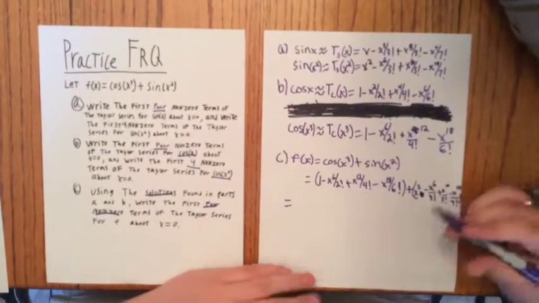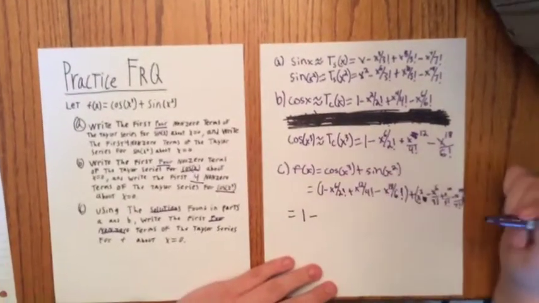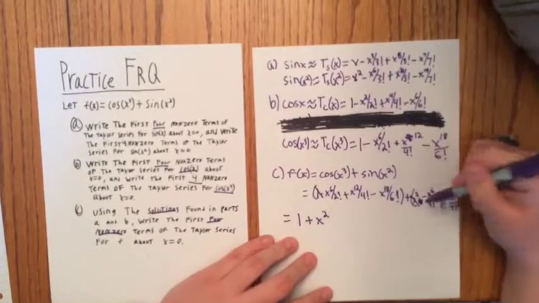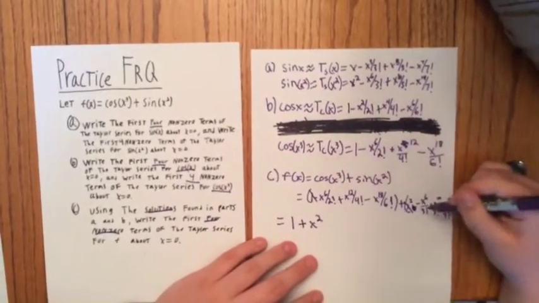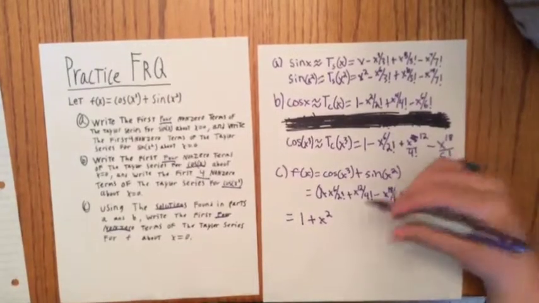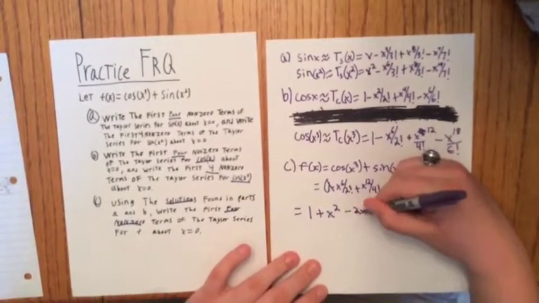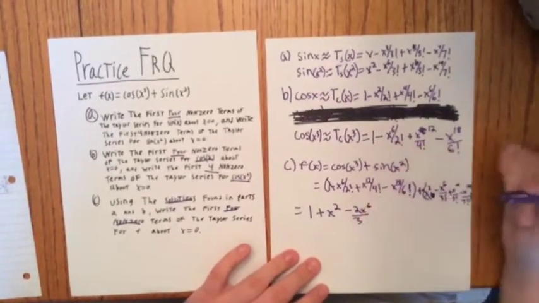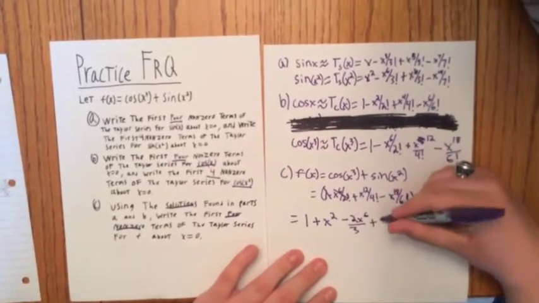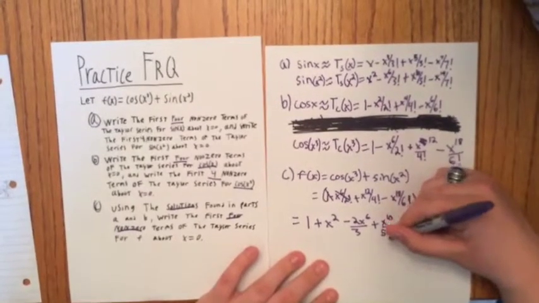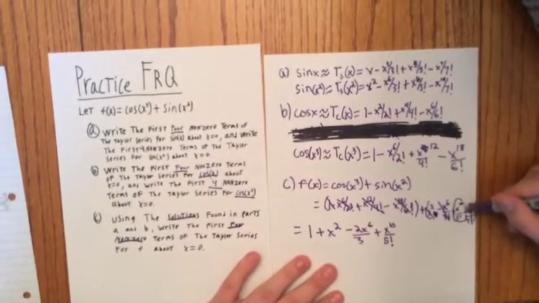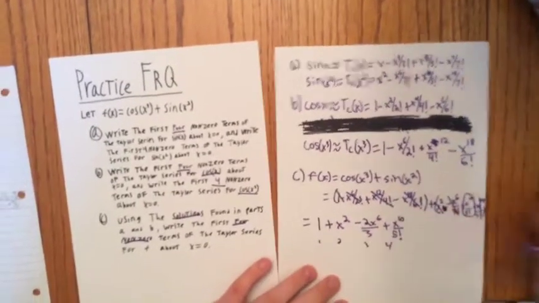So then here, you just start combining the series. So you have 1 plus x squared. And so we have the 1 taken care of, we got rid of the x squared. And then now we have a negative x to the 6th all over 2 factorial minus x to the 6th all over 3 factorial, which those are the only two common terms. So once you combine those, you end up getting negative 2x to the 6th all over 3. And then after doing that, you just mark those off the list, and then you do plus x to the 10th all over 5 factorial. And so we don't have to add any of these other ones because that was our last term. We have 1, 2, 3, 4, and that